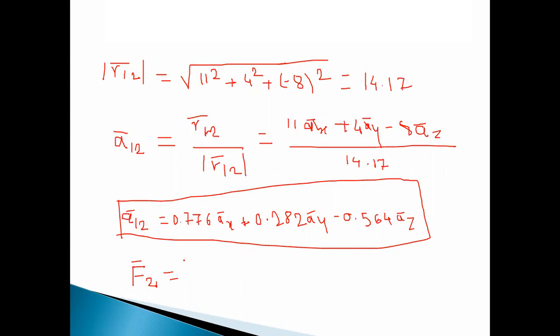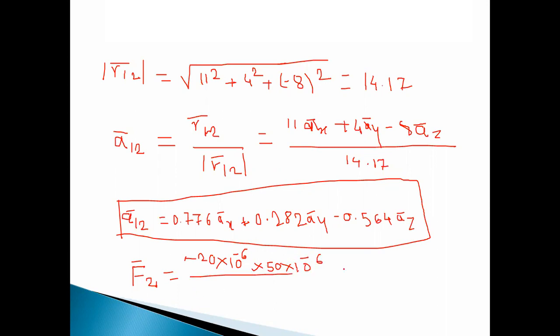So it is minus 20 microcoulomb. Micro means 10 raised to minus 6, so minus 20 into 10 raised to minus 6, into Q2, which is plus 50 microcoulomb, so 50 into 10 raised to minus 6,